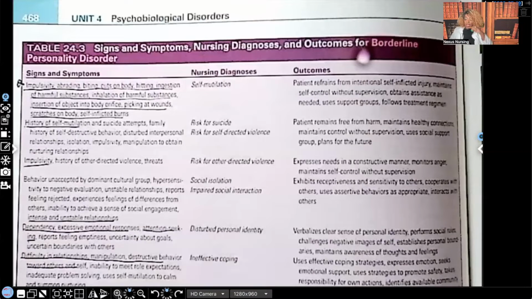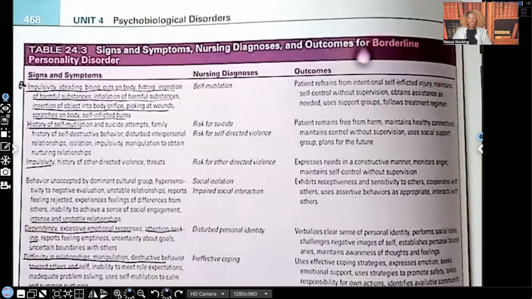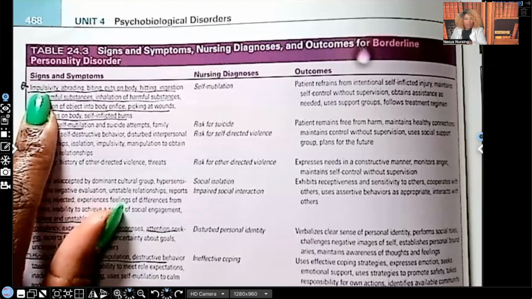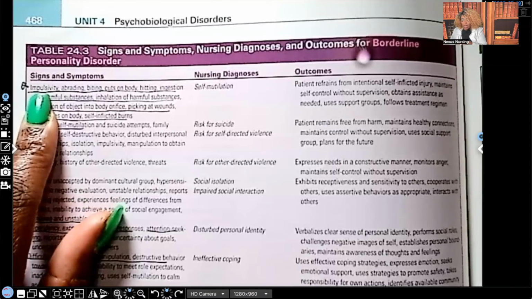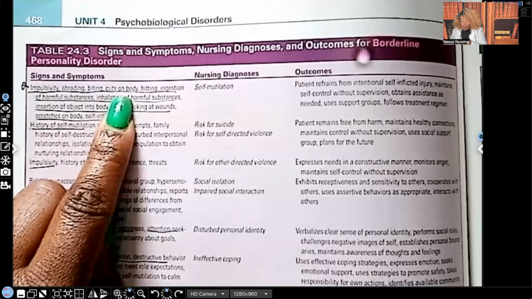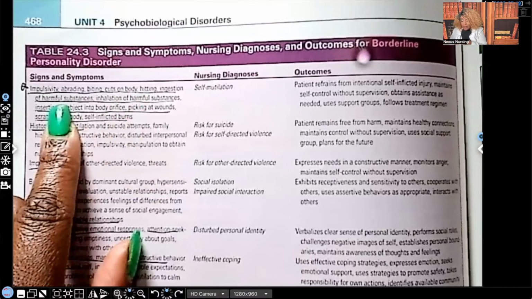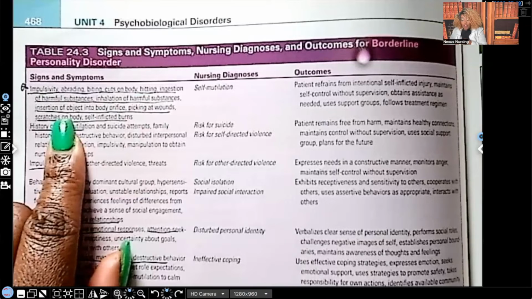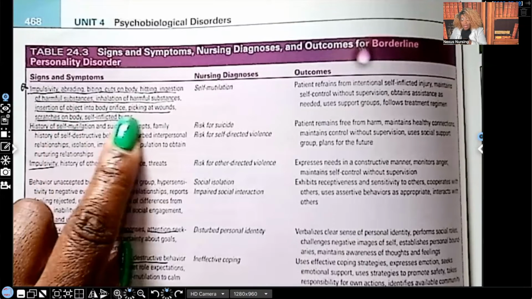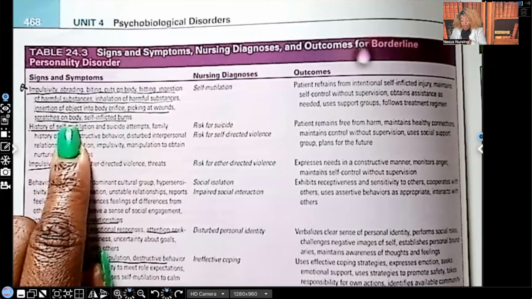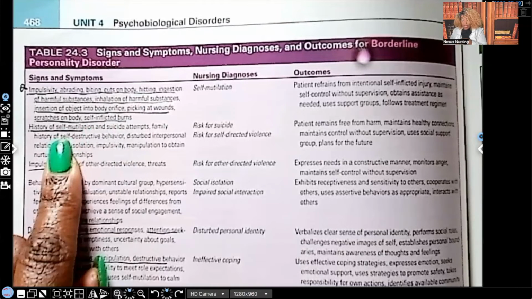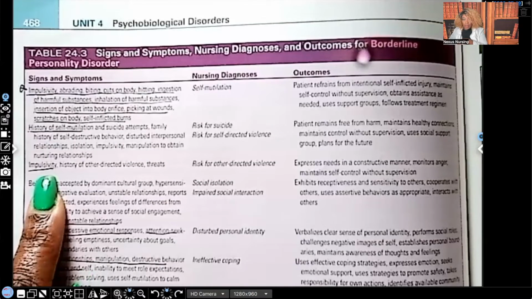Look at this. It says table 24.3, signs and symptoms, nursing diagnoses and outcomes for borderline personality disorder. Signs and symptoms, again, being impulsive, not being able to control your actions, not even thinking about your actions: abrading, biting, cuts on body, hitting, ingestion of harmful substances, inhalation of harmful substances. Look at this, guys, insertion of object into body orifice, picking at wounds, scratches on body, self-inflicted burns. History of self-mutilation, again, being impulsive,